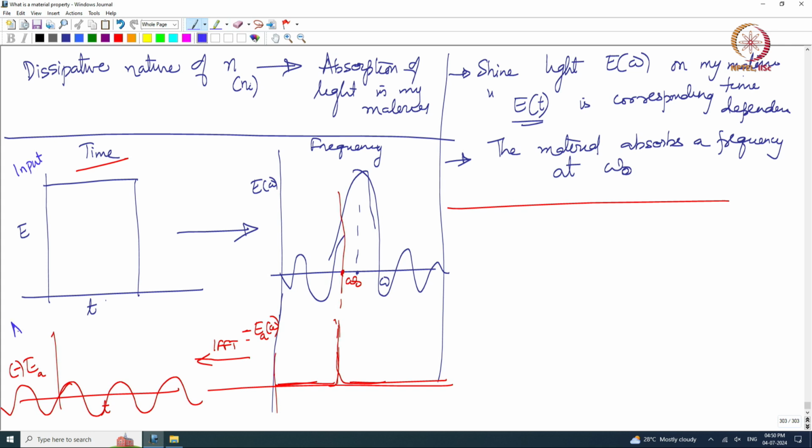This is what happens in the material. In the material there is absorption, right. This is the input or the source, and then I have to detect something, right. Now, in the frequency domain, if I am doing a frequency domain experiment, what I should end up detecting is